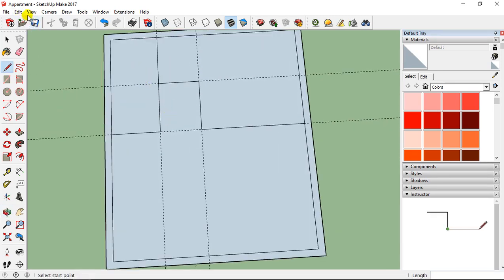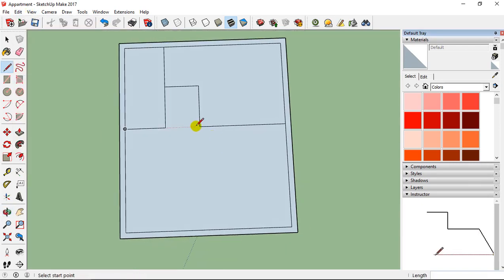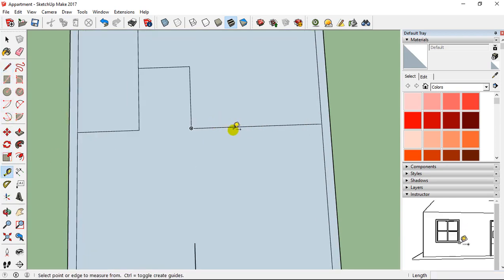Then I go on Edit, Delete Guides. I'm going also to add a line here, like this, and to add a line, for example, at 100 centimeters, like this. Then I'm going to add the guide to create the wall.